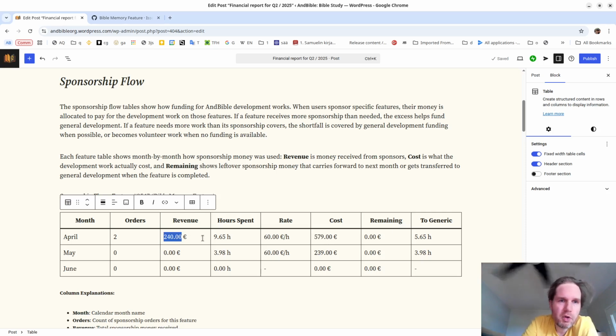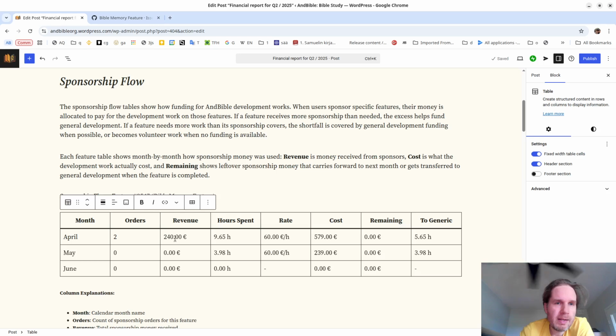This 240 euros is not enough, so the rest of the money goes to the generic pool of money, that is like a generic support for Bible development,